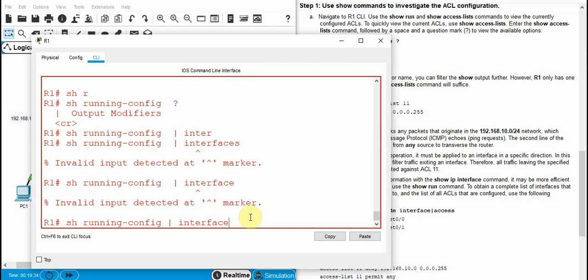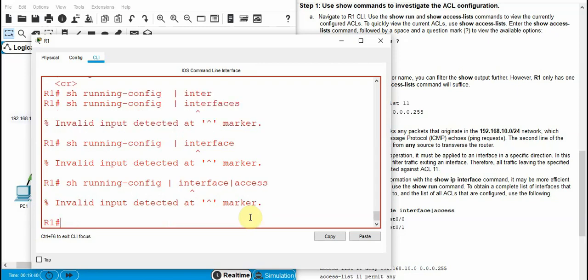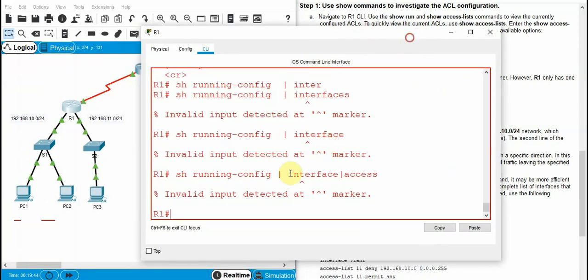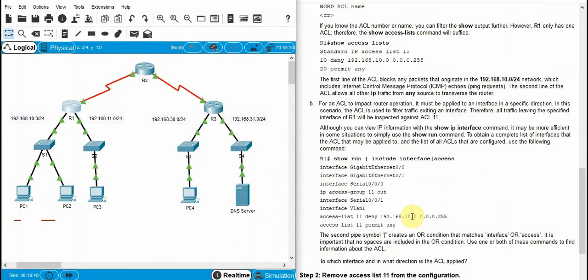Yeah, so we have some issue here because Packet Tracer has a limitation. If you see the same thing, this told us the ACL 11 is applied on interface serial 0/0 and